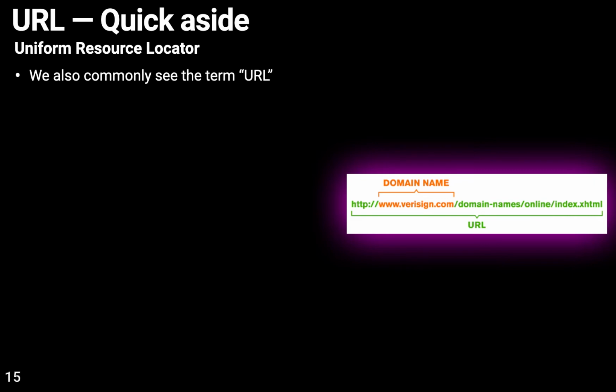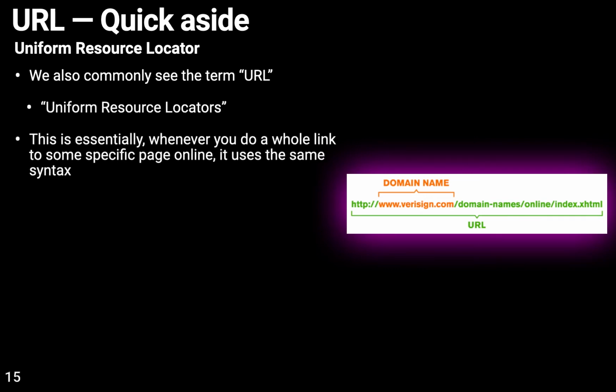You would type usually just the domain name, because something else will handle the rest, but you can see how it changes all the time, right? So these are uniform resource locators. Whenever you do a link to some specific page online, it uses this same exact syntax, right? So that's why it says uniform, and resource locator is just, hey web browser, what exactly are you trying